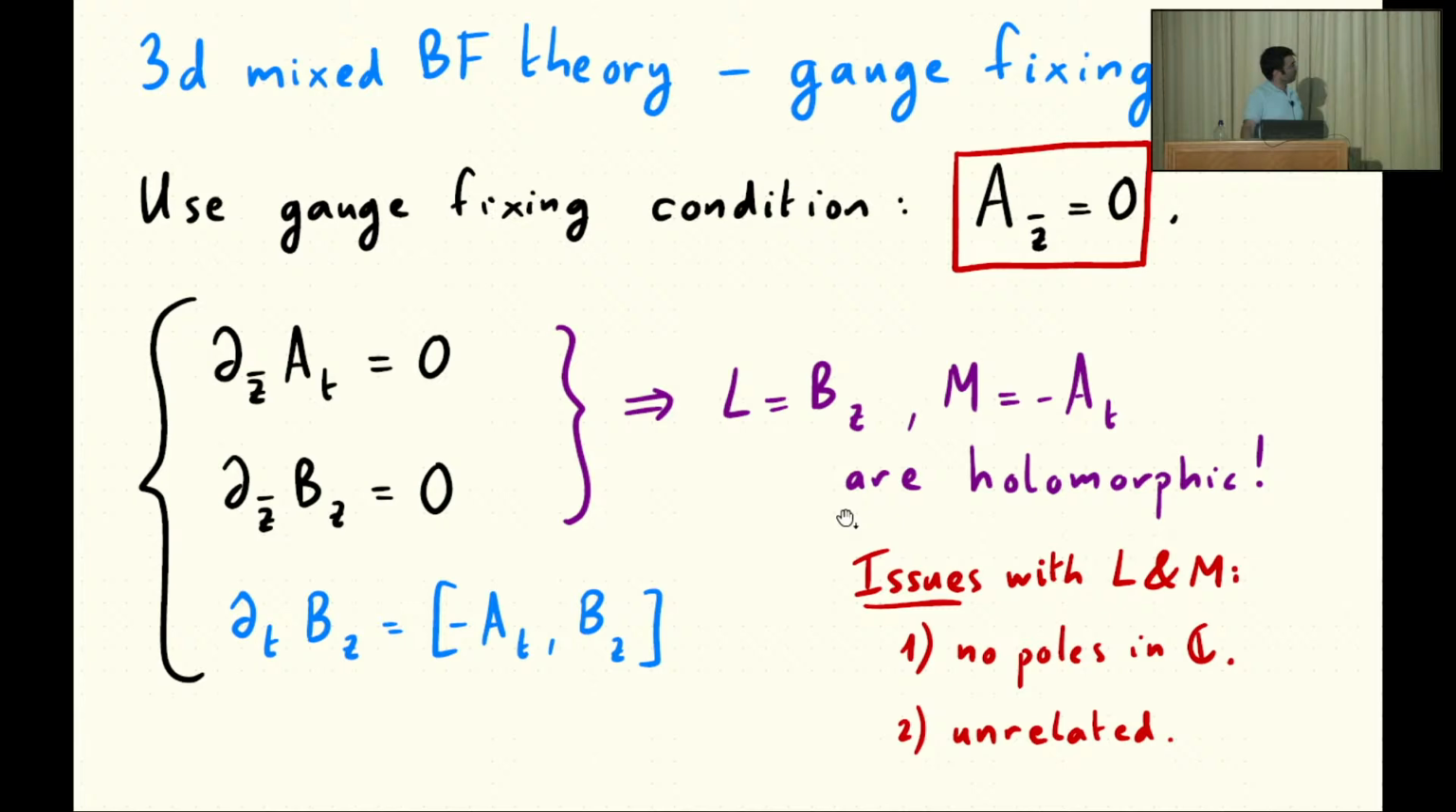So there's still a problem, which is that we wanted Lax matrices which are meromorphic in Z, not just holomorphic. So they have no poles in Z. There's no possibility of having poles so far. And the other issue is that L and M, as derived here, are completely unrelated. So we want M to be built out of L, remember, as some polynomial of the Lax matrix L. But here, L and M are completely unrelated. So these two issues we can fix by introducing some line defects, suitably chosen line defects in the 3D BF